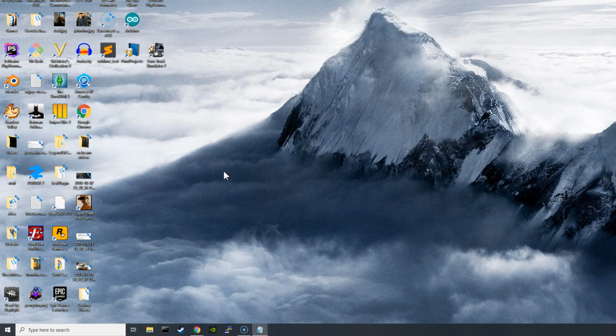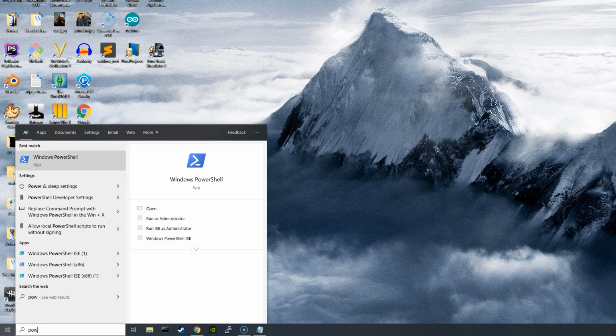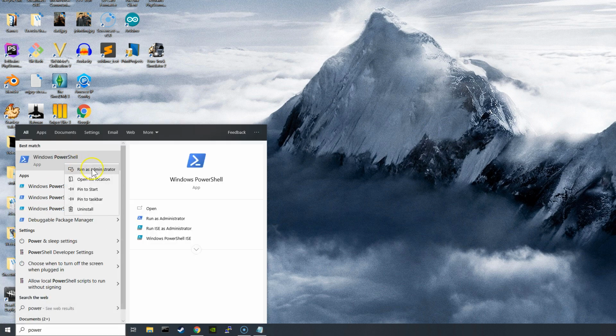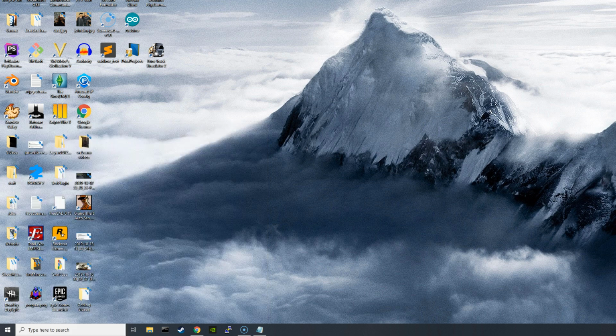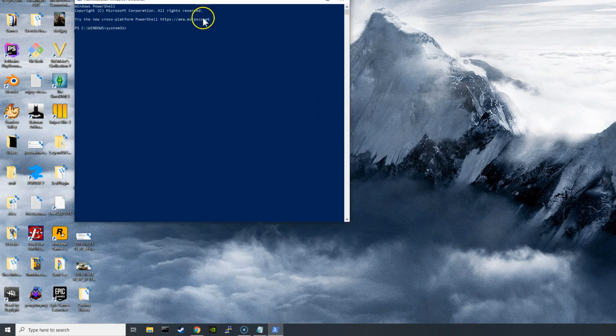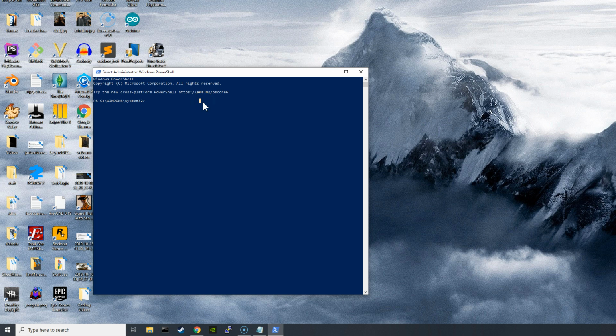I'm going to show you how to make a PowerShell script to clear your clipboard. Now to start off with, you're going to open Windows PowerShell, right-click, Run as Administrator. This is important. It's going to give you this nice little PowerShell terminal, and here we will type